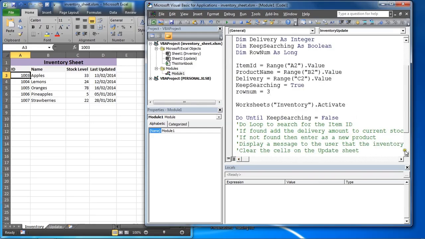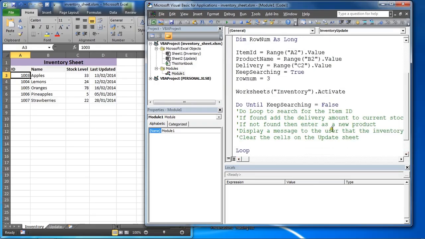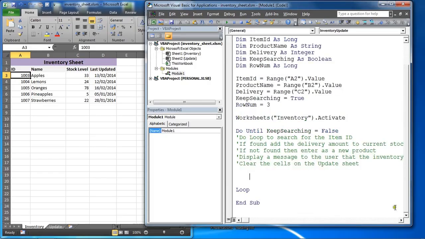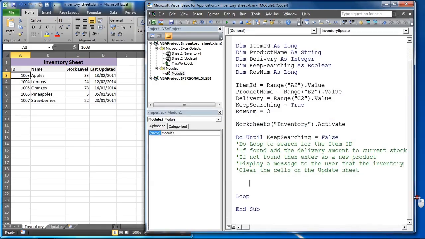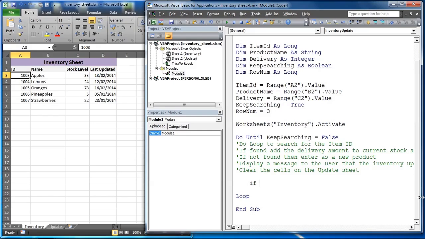Okay, now let's get inside this loop and let's start putting in our searching for the ID. Now, to test if it's the ID or not, we are going to tab this in for some good indentation for readability. Let's get rid of that locals window for a moment for a bit more room. And we're going to use an if statement. If cells row num, comma 1, column 1, dot value